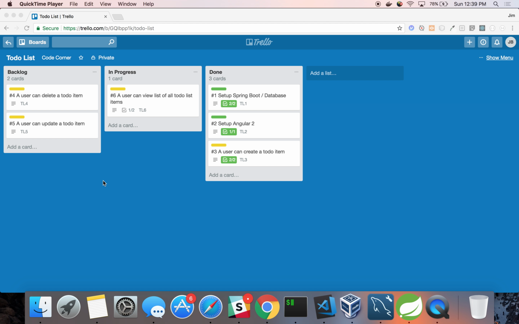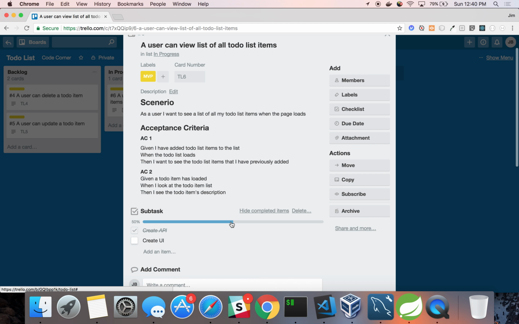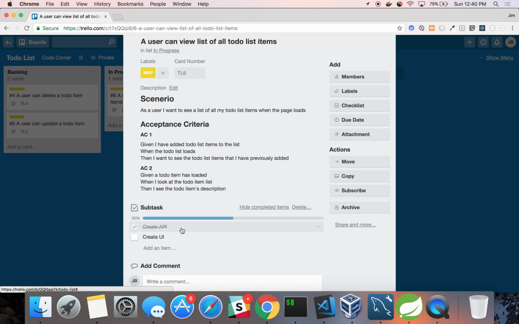My name is Jim Belcher, and today we're going to continue working on our to-do list. Last episode, we created an API that would return all the to-do list items that we've created in the past. Today, we're going to do the UI portion of that. So let's go to our Trello ticket here. We'll see that I've marked the create API portion as complete, and we're going to work on the subtask